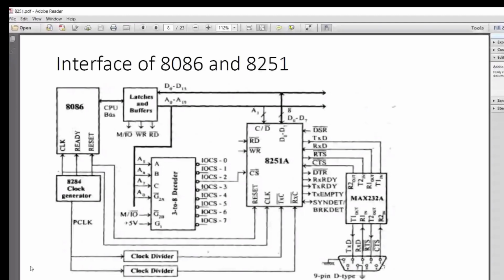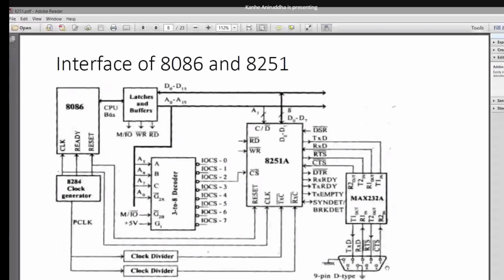Earlier we saw DSR, then data carrier ready, clear to send, request to send, then transmission data, ground. So 9 pins are actually there, 1, 2, 3, 4, 5. This RS-232 connector is a 9 pin D type connector. So 9 signals we have already seen.